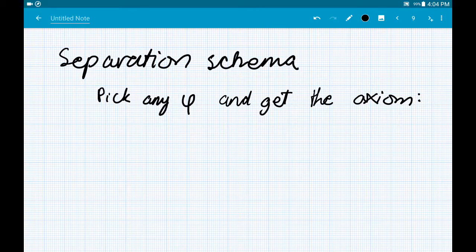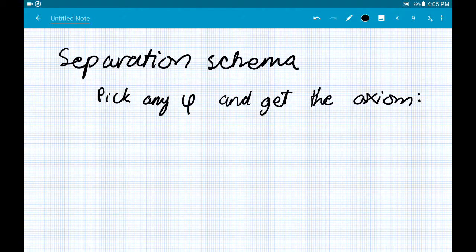Okay, the next axiom is actually not an axiom, it is a schema. The separation schema is an infinite collection of axioms. For each choice of a formula phi, this produces a new axiom. So having chosen any formula phi, defined and restricted in the ways that we discussed when talking about classes,